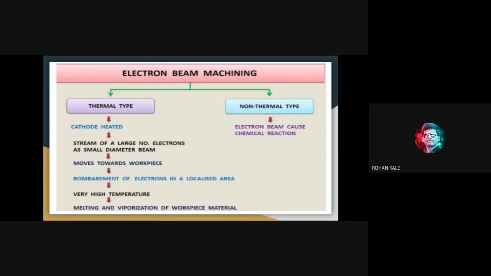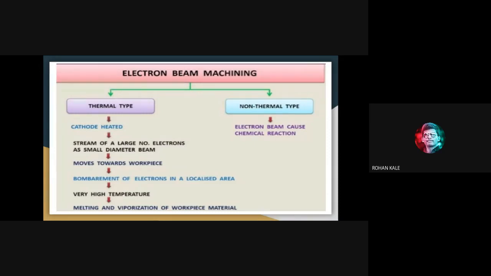Very high temperature will be generated on the workpiece surface. So machining is going on due to the melting and vaporization of this material from your very localized area